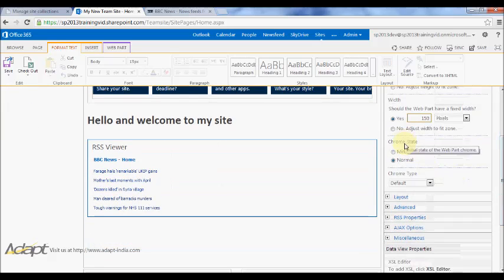And I also have the Chrome state and the Chrome type. Now the Chrome is what SharePoint defines as the outline or layout of the web part. So essentially the border and the title, that's what SharePoint calls the Chrome. So if I want to choose the Chrome to be minimized, that would hide all of this. However, I can also choose the Chrome type, so I can have no Chrome, which would mean the border and